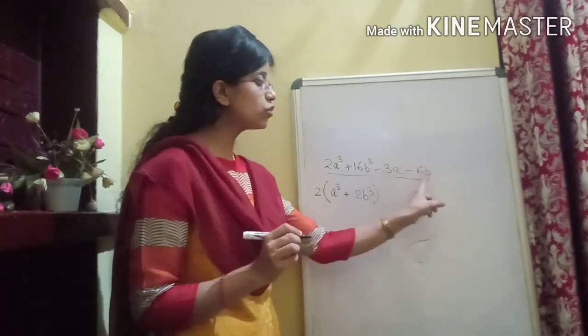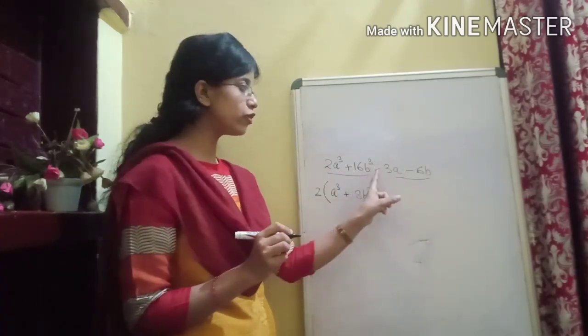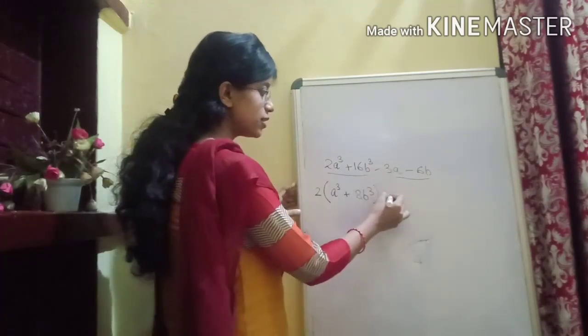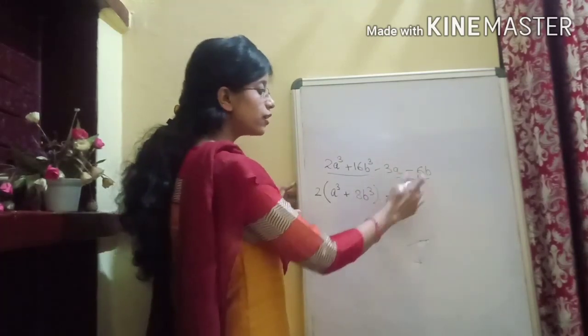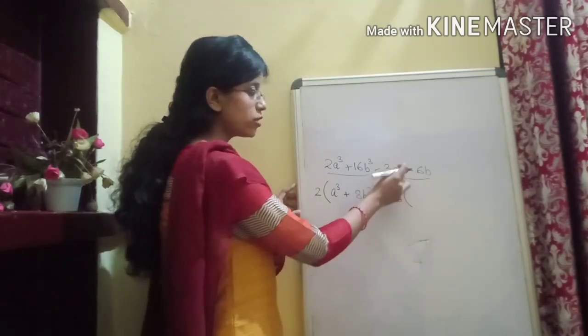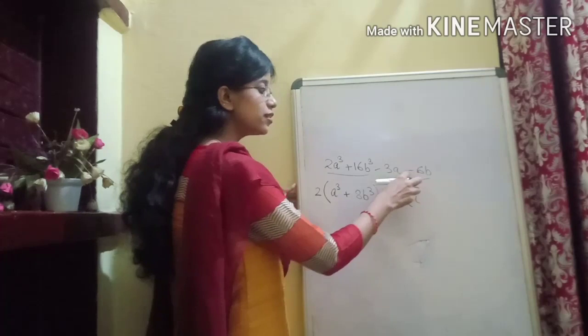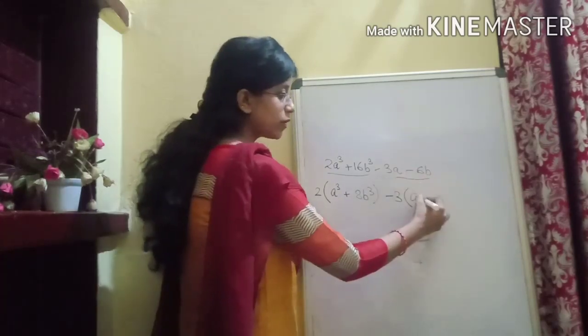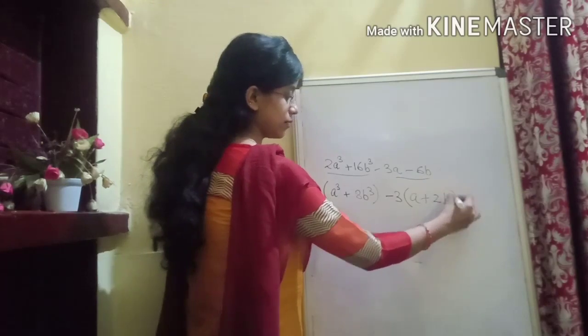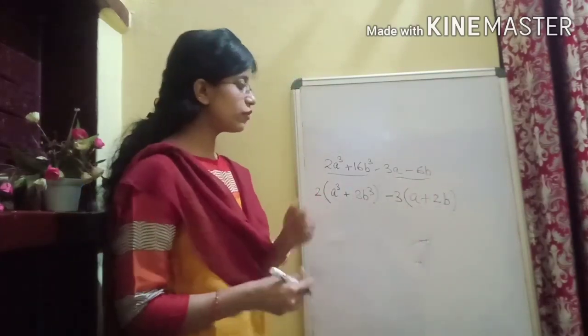Now from these two terms we have to take something common. So first we will take the minus sign common. Also 3 is common. So then what are we left with? Minus 3 is common. So we are having a. Since minus is common, it will now become plus, and then since 3 is common, it will be 2b. Is it okay? That's how we have taken common.